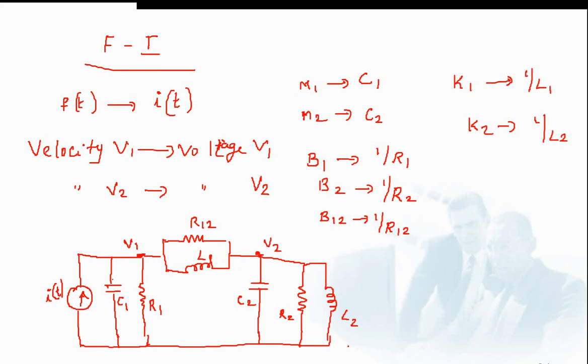So as you can see, corresponding to two masses there should be two nodes V1 and V2, and all the elements associated with mass M1 should be connected in parallel. All the elements associated with M2 are also connected in parallel, and the elements associated with both M1 and M2 should be drawn in between V1 and V2. So this is the corresponding analogous electrical voltage, force, current, electrical analogous circuit. So we can see, by applying